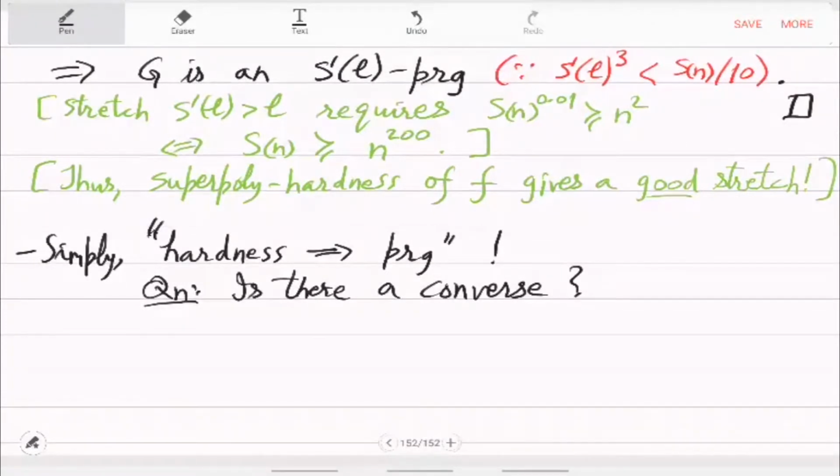That also is true, not a very stunning connection, but just to understand the definitions you can do this exercise. So, you can show that if you have an S L PRG,